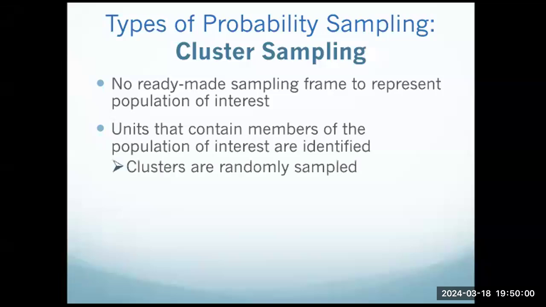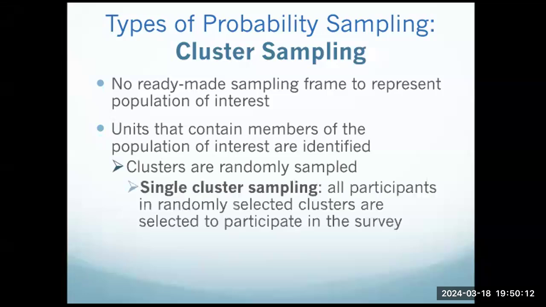So this is where you might use cluster sampling. What you're going to do is identify different areas where you might be able to get these participants, right? And then you randomly sample from those clusters. So with single cluster sampling, you have all your participants randomly being selected in these clusters, and that's where you get your participants, right? So you have these clusters, and you are randomly selecting among those clusters who your participants are going to be coming from,